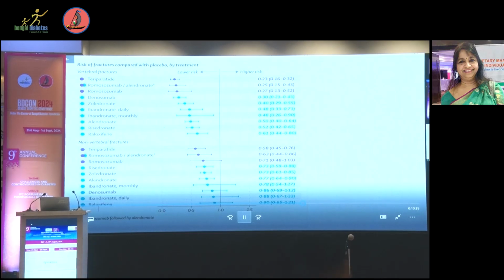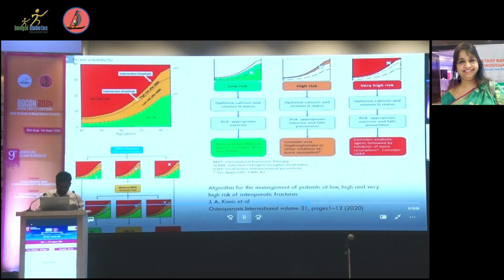Fortunately, the treatment of osteoporosis is actually easier than all of those problems, because right now, even though there is a stigma around medicines and all that, we have narrowed it down to just about four drugs. And I'm going to go over how I choose the medication for each patient. But before that, I come to